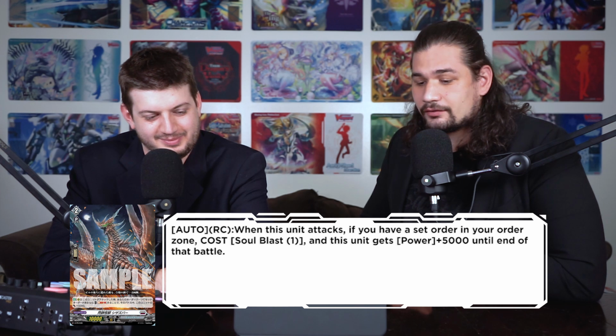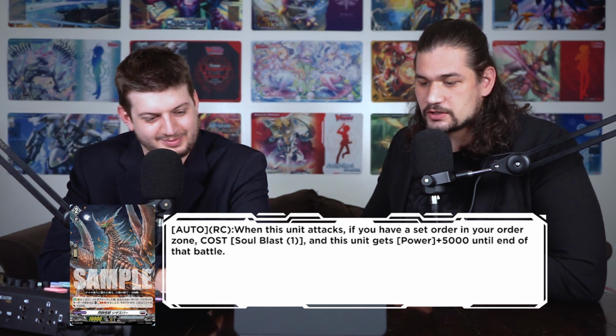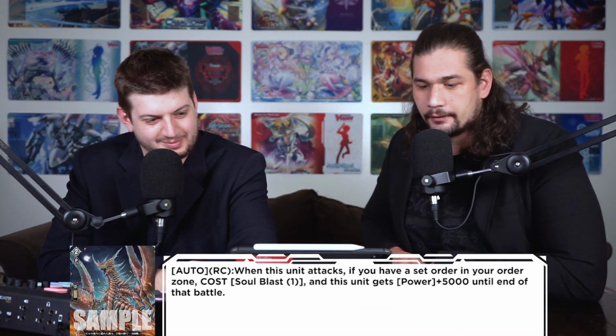Nope. Anyway, the effect is auto rigor when this unit attacks. If you have a set order in your order zone, Soul Blast 1, this unit gets 5k until the end of that battle. Not bad as a 15k attacker. Orfist might not use it because you want your soul for other swings, but granted, once you get to Abyssal Dark Knight, you're not using your soul for anything else, so maybe. And a soul is a very important resource inside of jail, which can very easily deplete, so I don't know. It's a decent card, but...